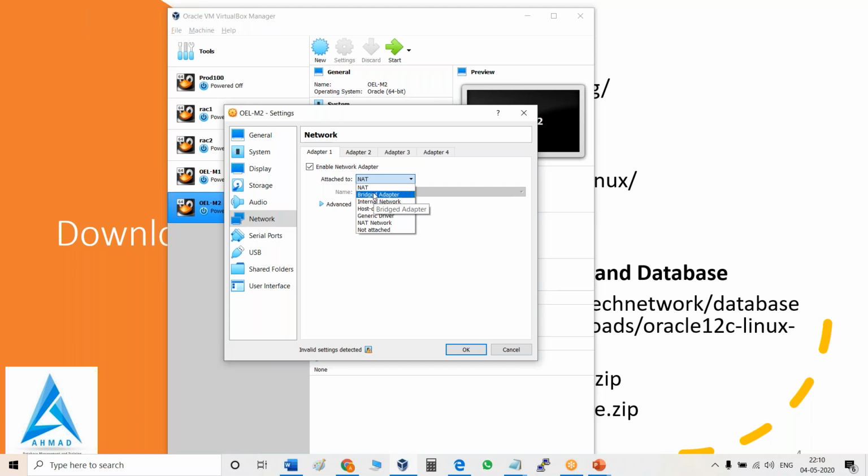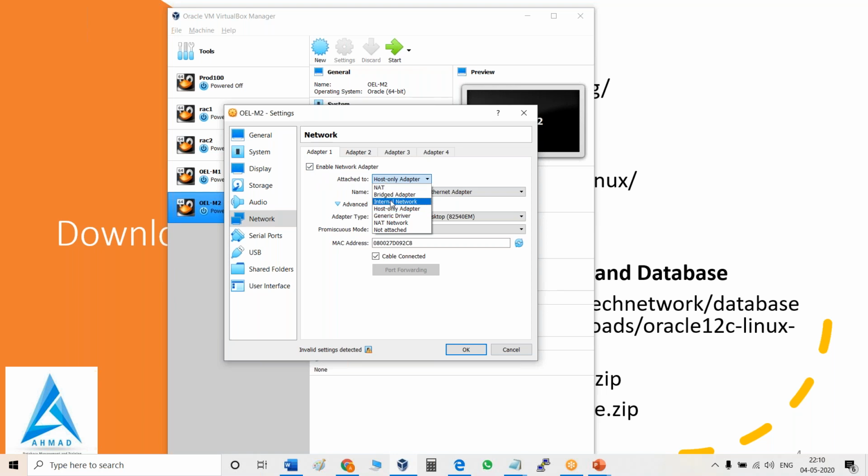If I want to connect through putty, I will give host only adapter, and that's it. If you want to give something more, you can add another adapter. Or if you want to connect with public, you can go with internal network, and here you can go with allow. There are multiple purposes you can do that.